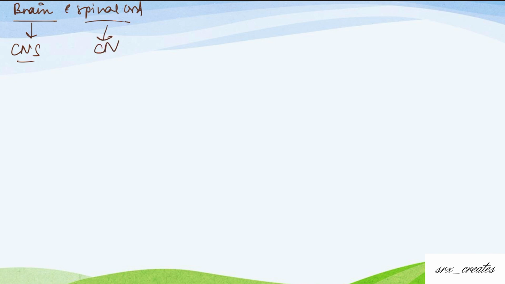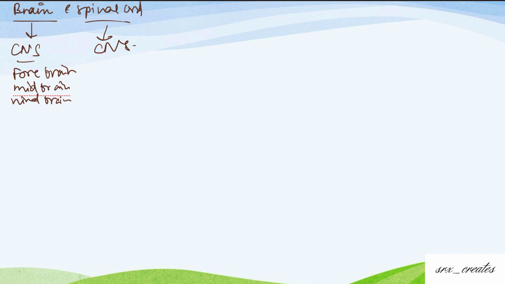Now, the second portion. The last two topics, brain and kidney. Now, brain and spinal cord. Brain is a portion of CNS, means central nervous system, and spinal cord is also a portion of CNS. Okay. Brain consists of what? Forebrain means the front one. Midbrain means the middle portion. Hindbrain means the back portion. Hind means which is hidden.